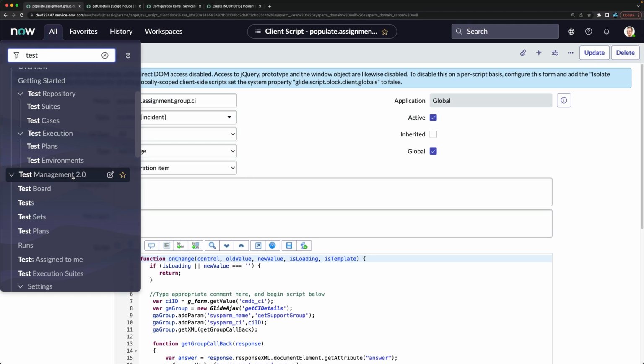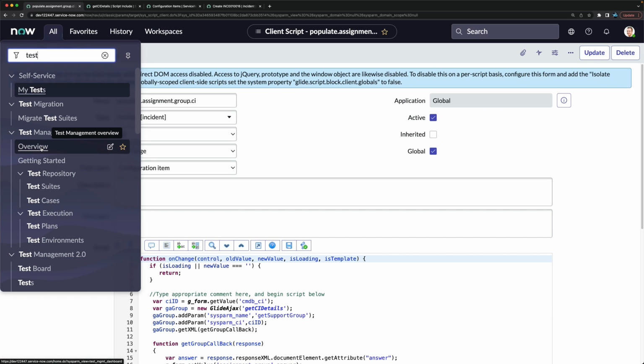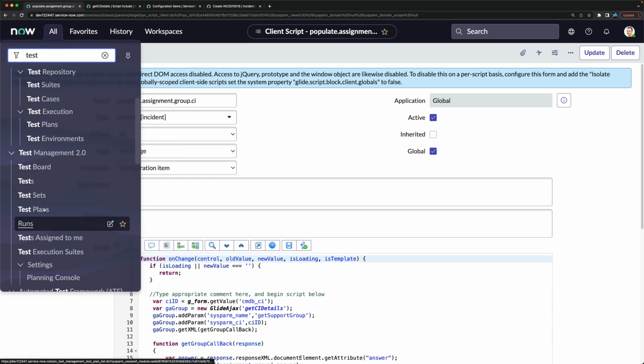So it's up to you which one you want to use. Test management 2.0 is definitely the latest version. But as per your requirement, if you want to use test management 1.0, that is also totally fine. However, in this demo,